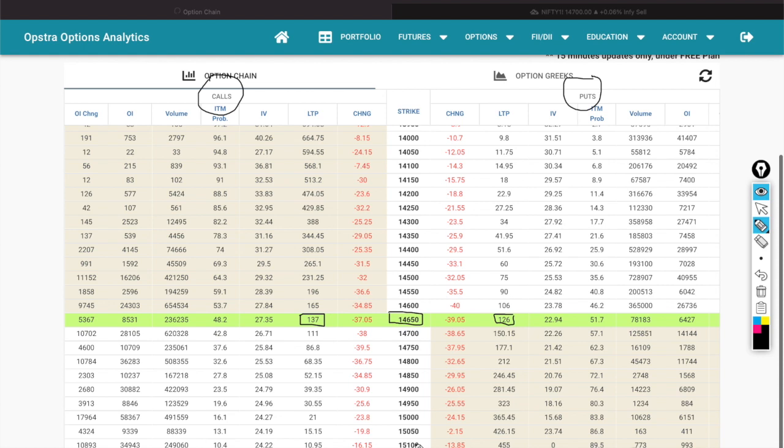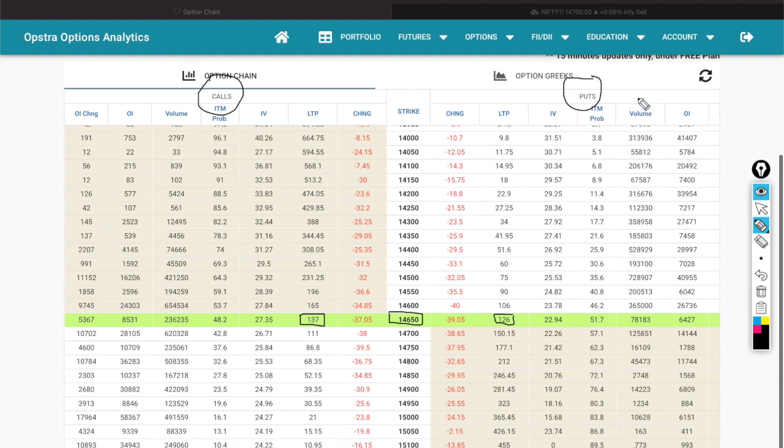Now from this chart, how do we understand the highest support and the highest resistance for this particular expiry or week, because we are looking at 6 May's data. So here you just have to come to puts and calls. Come to the puts tab, and wherever your strike price is, just look below that. From 14,650, if you go down you will get 14,500, 14,300, 14,200, because support will be there itself, right?